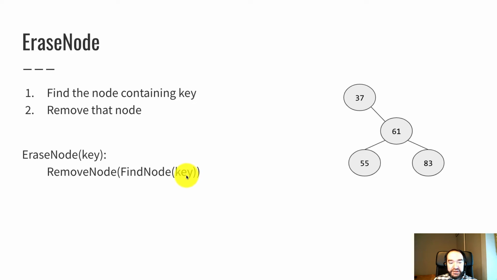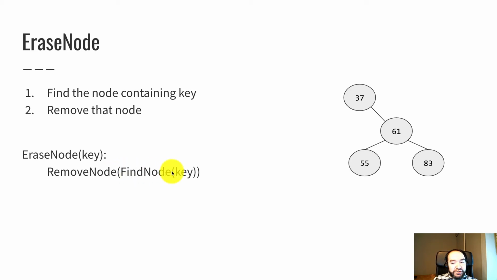This is a helper function that would do the normal search of starting at the root and working its way down with left and right child pointers until it finds the node containing key. This find node can assume that there really is that key in the tree. It doesn't have to worry about a missing key, and returns a pointer to that node. I'm not going to show this pseudocode in this video because it's pretty straightforward. We've done a lot of these searches already. There is an implementation of this in the code video that's a little later.